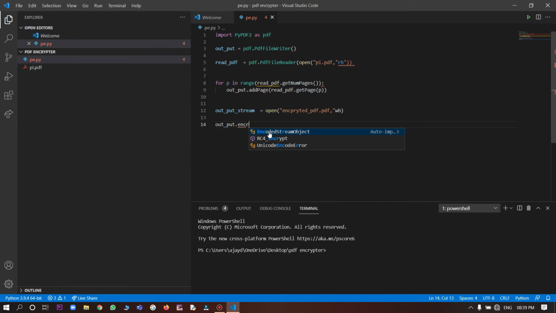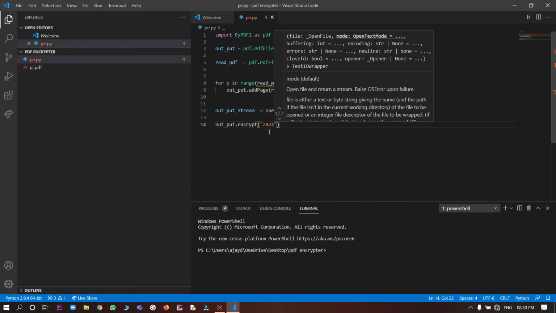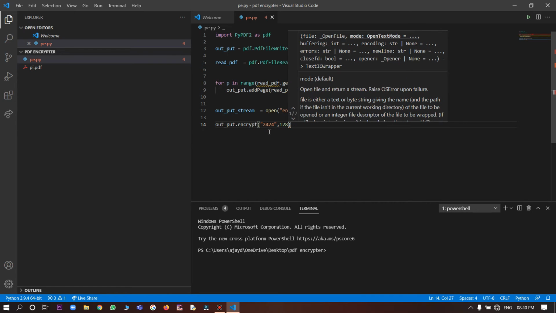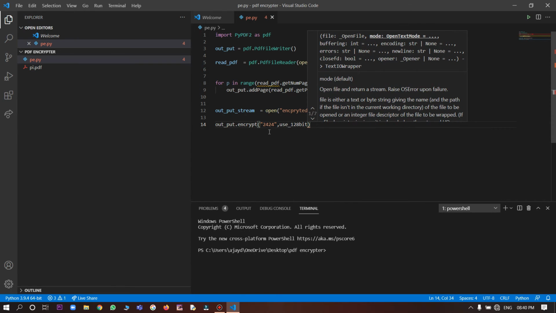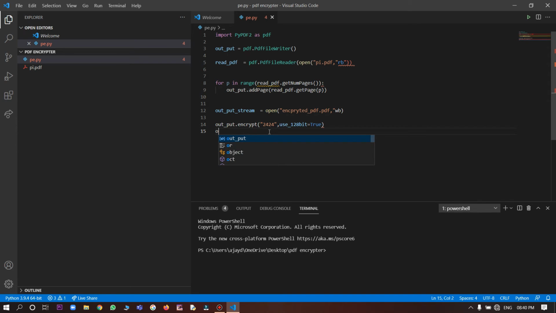dot encrypt and our PDF file password will be 2424, and we will use 128 bit equal to true, and in the next line we will write output dot write